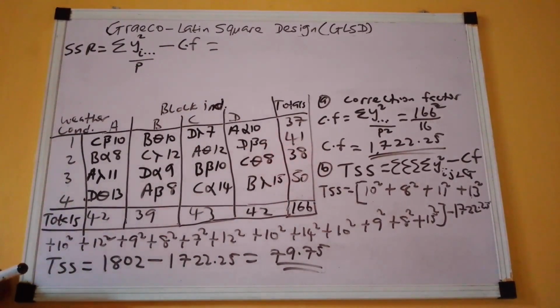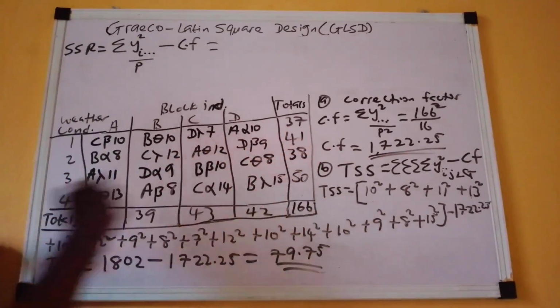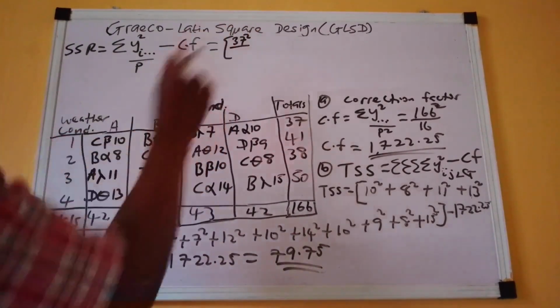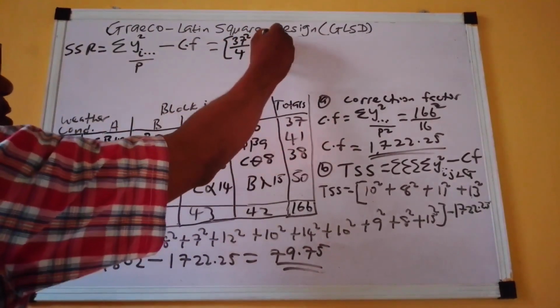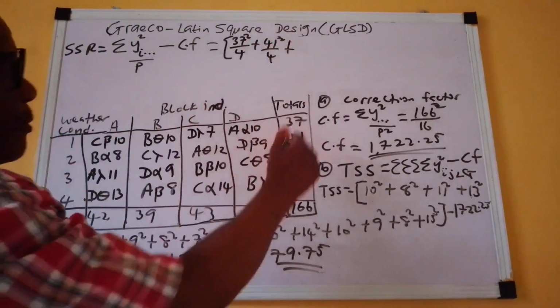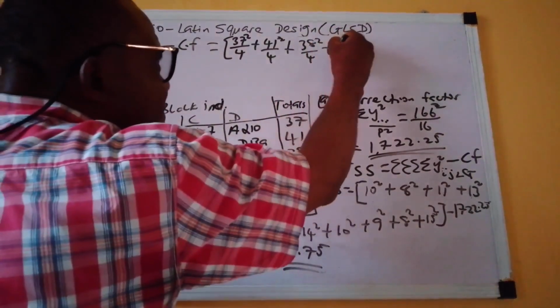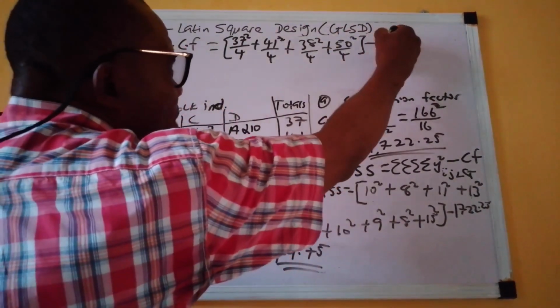Now we are not taking the row totals, you're talking about the weather condition. The rows are the 4 weather conditions, so you are taking their totals. The first total here is 37. The second one is 41. The next one is 38. The last one is 50. So you open a bracket. You have 37 square all over 4, each of them is 4, 1, 2, 3, 4, P is 4. Plus the next one is 41 square all over 4, plus 38 square all over 4, plus the last one is 50 square all over 4. You close the bracket, then minus the correction factor